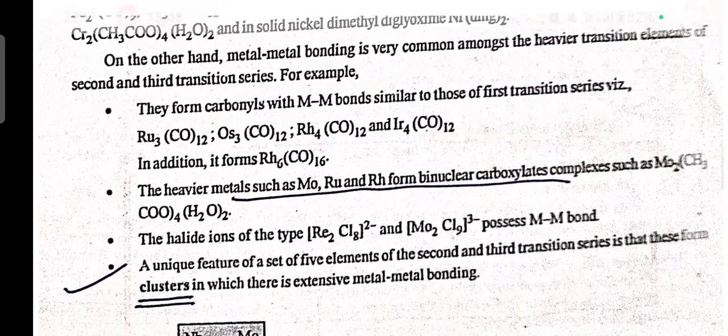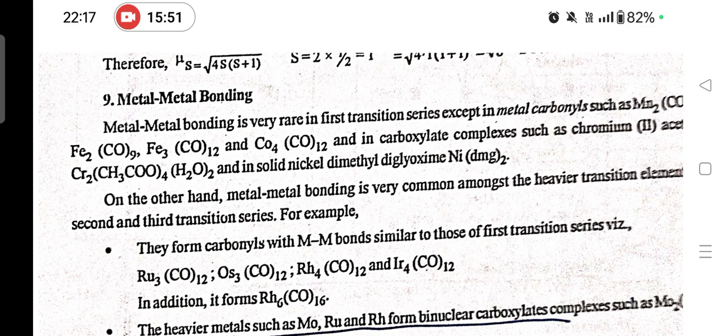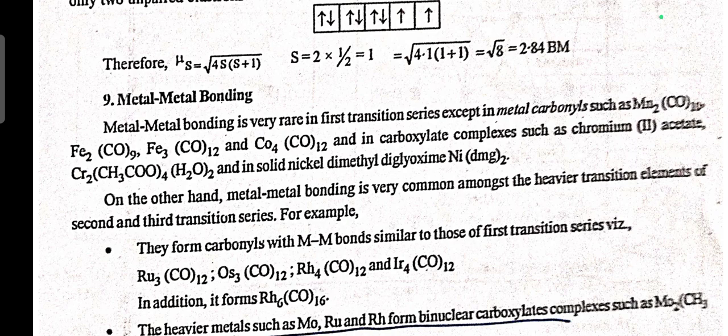Ninth is metal-metal bonding. Metal-metal bonding is very rare in the first transition series except in metal carbonyls such as Mn2(CO)10, Fe2(CO)9, Fe3(CO)12, and Co4(CO)12, and in carboxylate complexes such as chromium acetate, Cr2(CH3COO)4(H2O)2, and in solid nickel dimethylglyoxime,